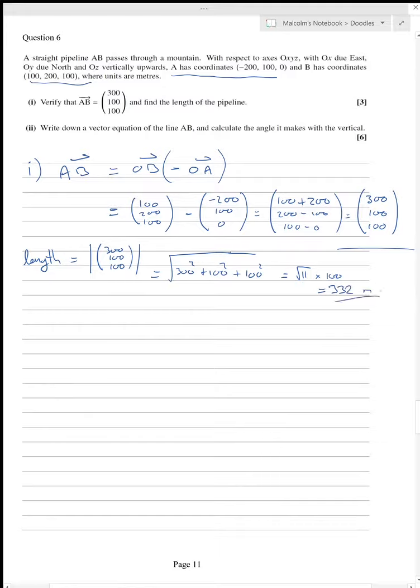Okay, part 2 then. Write a vector equation for the line AB and calculate the angle that it makes with the vertical. So the line AB is simply the position vector of A or B plus a parameter times the vector from A to B, or any integer multiple of it. So what's that going to look like? The vector equation for L is going to look something like this: OA plus lambda AB,